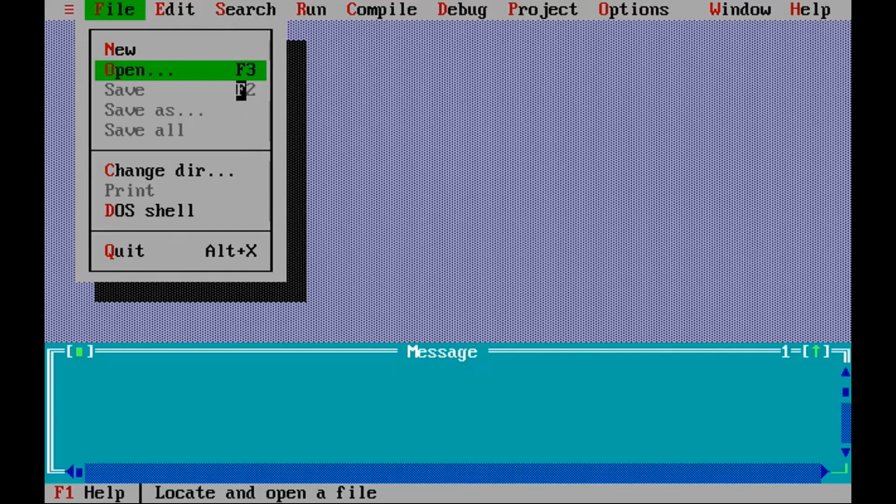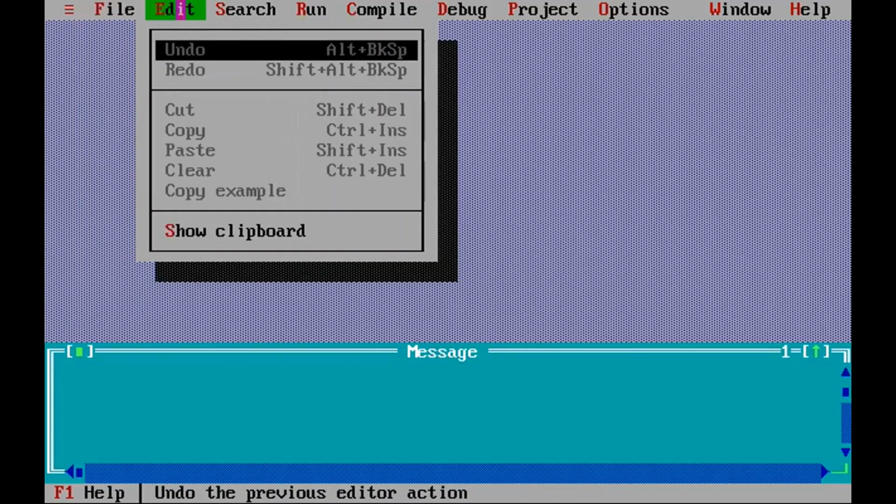Here you will find some shortcut keys also. For Open, function key F3, for Save, function key F2, and for Quit, Alt X. So instead of using this menu and its options, you can directly use the keyboard and press these shortcut keys to perform these operations.